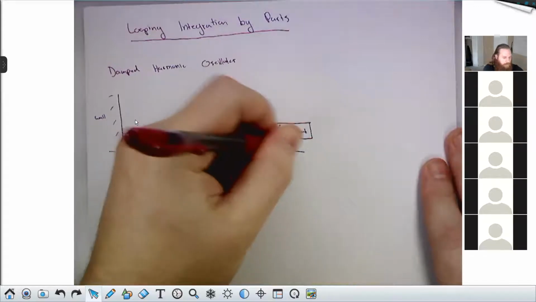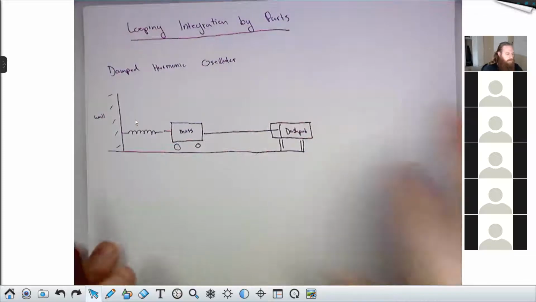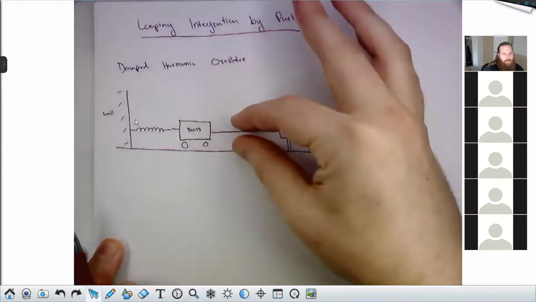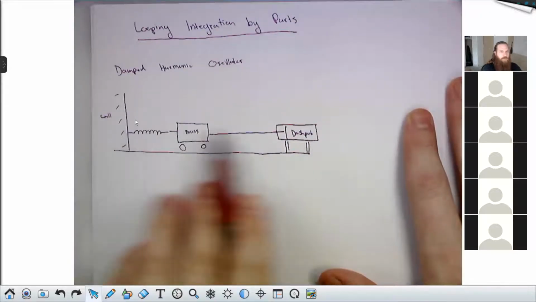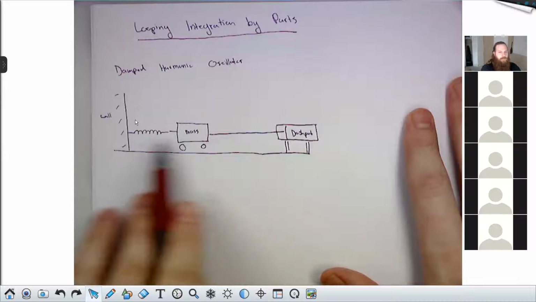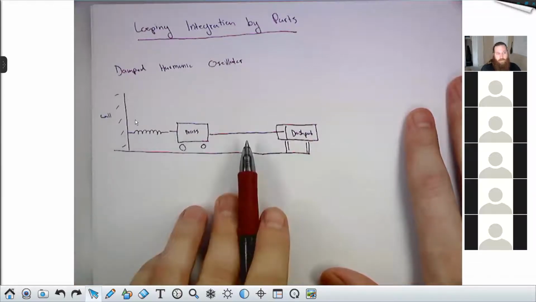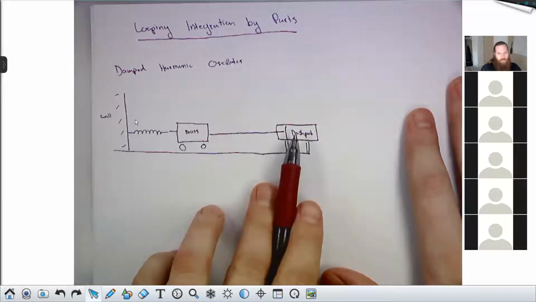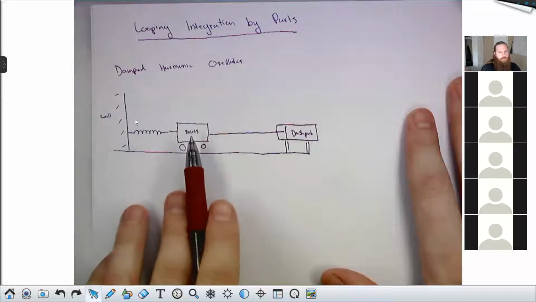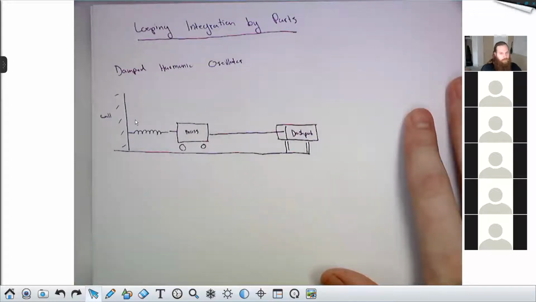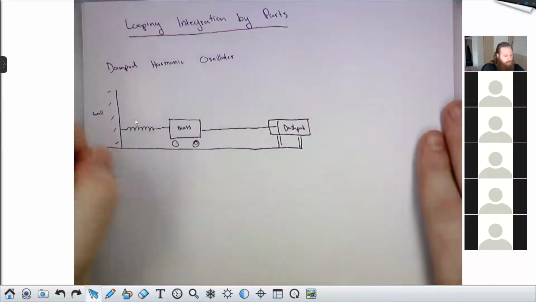Whatever, it's like standing on something, I don't care. The idea is this: you pull the mass back and then you let it go. If not for the dashpot, it would wobble back and forth as a harmonic oscillator. It would just bounce back and forth, and that's a sine or a cosine. With the dashpot, it will wobble back and forth, but the wobbles will get smaller. So such a system